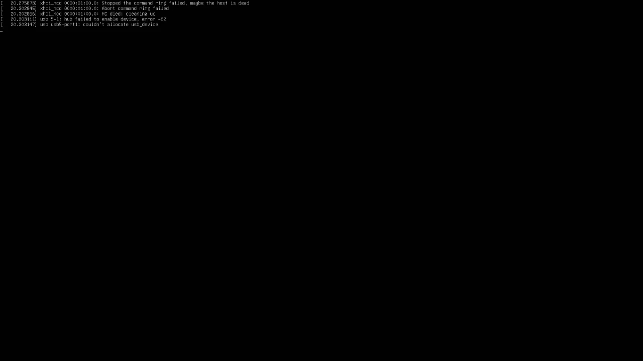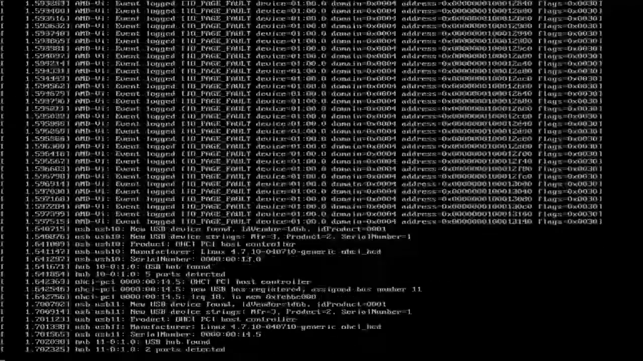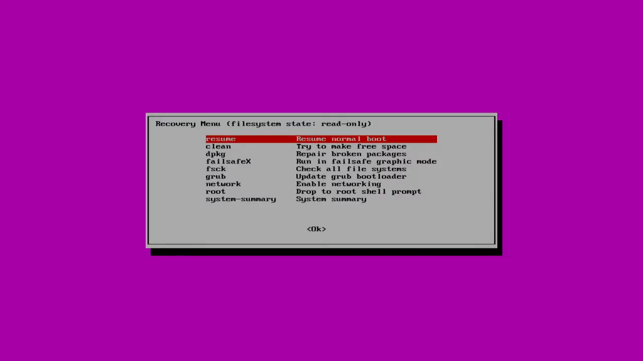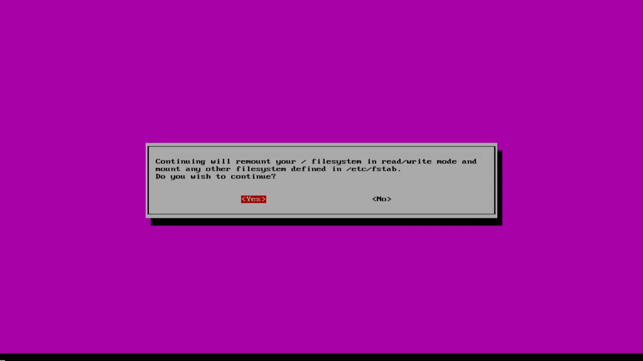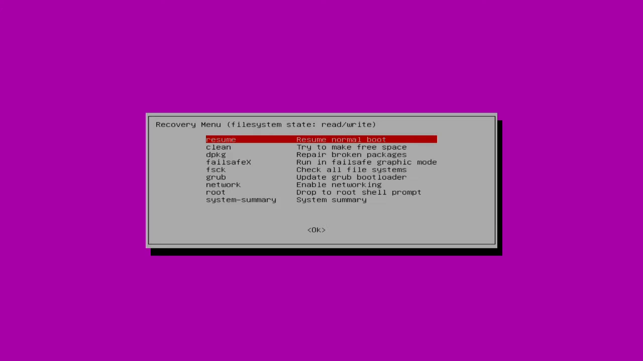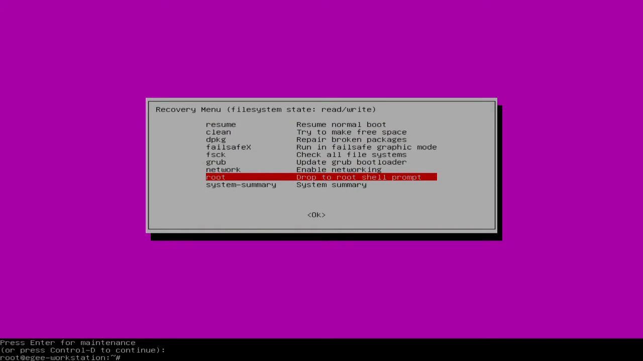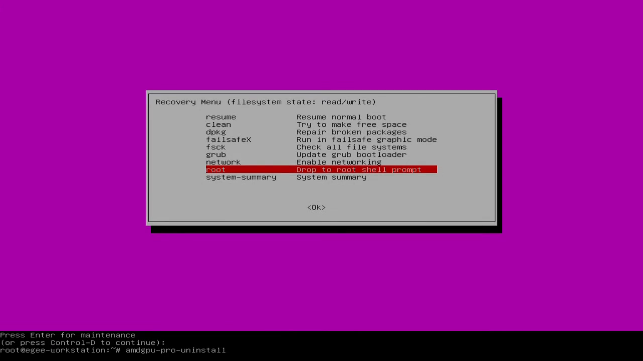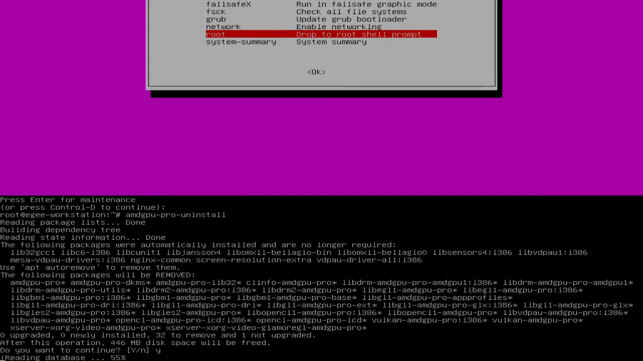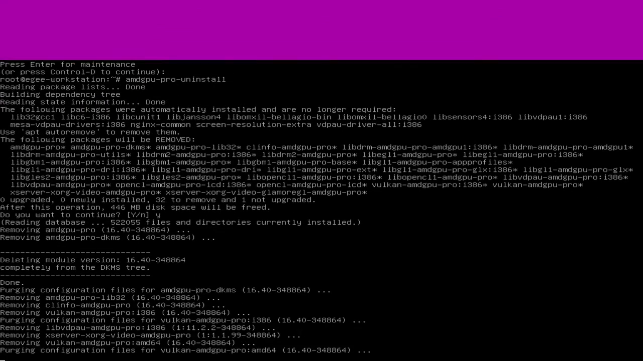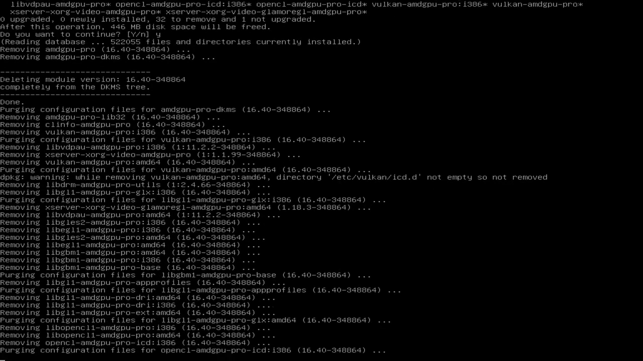Really? Okay, I guess we'll do this the hard way. Now we're going back into recovery. And let's go ahead and mount the file system. I just plug in network. Seems to work fine. There's probably a different way of doing it, but that's how I do it. And now that that's done, we'll drop into a root shell and run the AMD GPU-Pro uninstall. Yep, and uninstall everything that we just installed